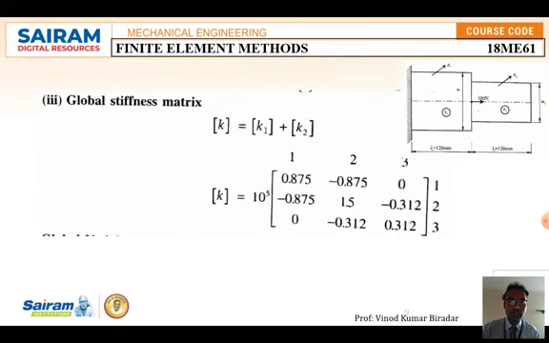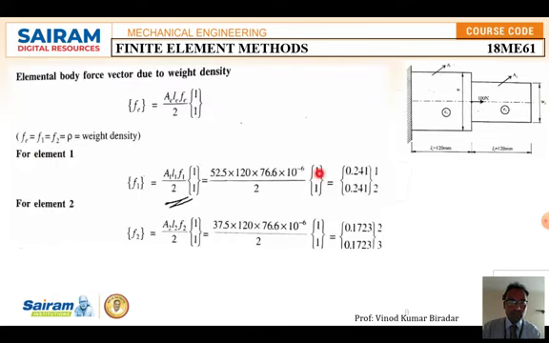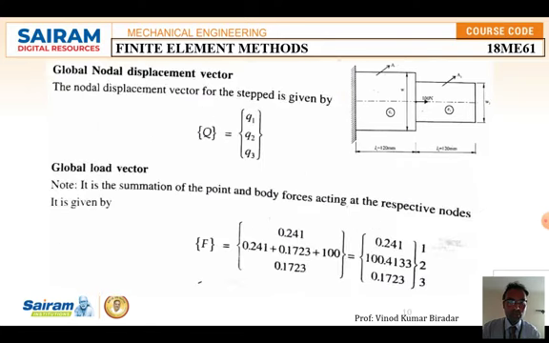All those things here, okay, so 0.241 and 0.1723 plus 100 Newton, a combination of all those things, and 0.172, that is f2, which gives the global load vector. So the load vector you are going to get like this: 1, 2, 3. The main thing is you have to add the f1, f2, f3 in the middle, because f3 is given, you have to add it here. So finally you are going to get the displacement and f values,